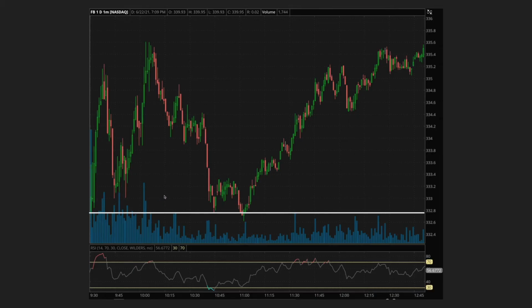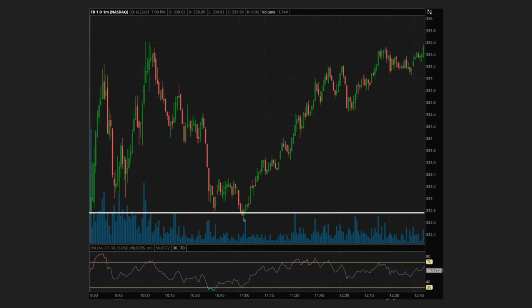Fast forward about an hour in the future, the stock pulls back to that level. It seems to bounce up above that level and hold as a level of support. So right here in this area is where a lot of people would see that support level starting to form and then go ahead and buy into Facebook for a trade. Now, because there is a level of support, there's going to be a lot of stop losses that are placed just below that support level because people are going to want to cut losses on their trade once that support